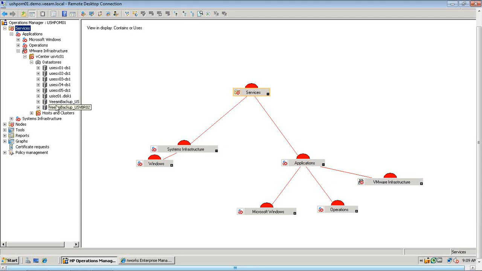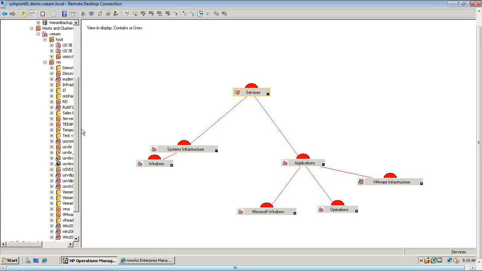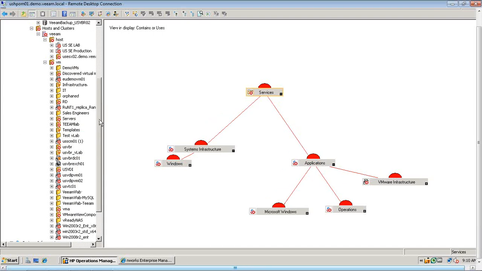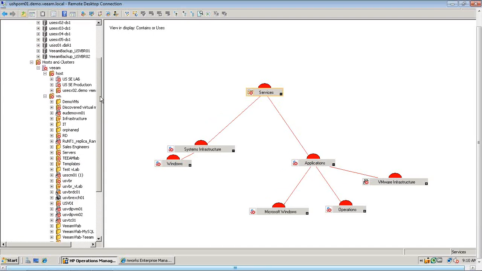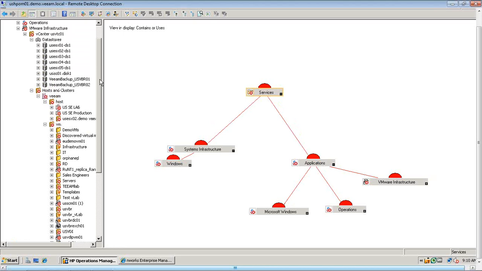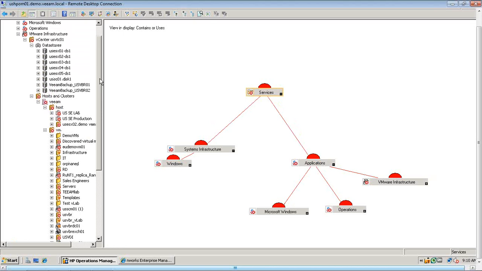Here are all the data stores within that virtual center. In addition to that, I can show the various clusters and the hosts that are in the VMs within that cluster. So that's one of the items that we do provide you, is the visibility to see what your virtual infrastructure looks like from the